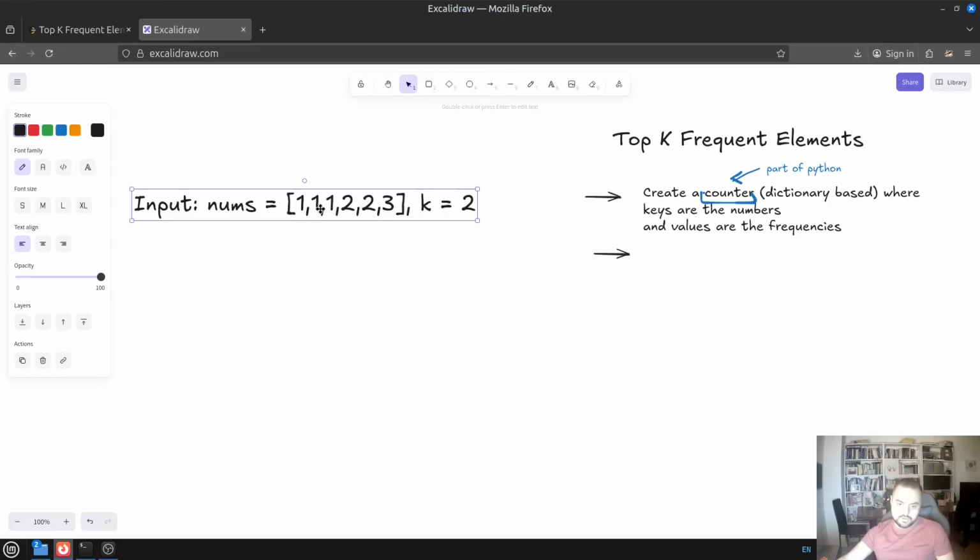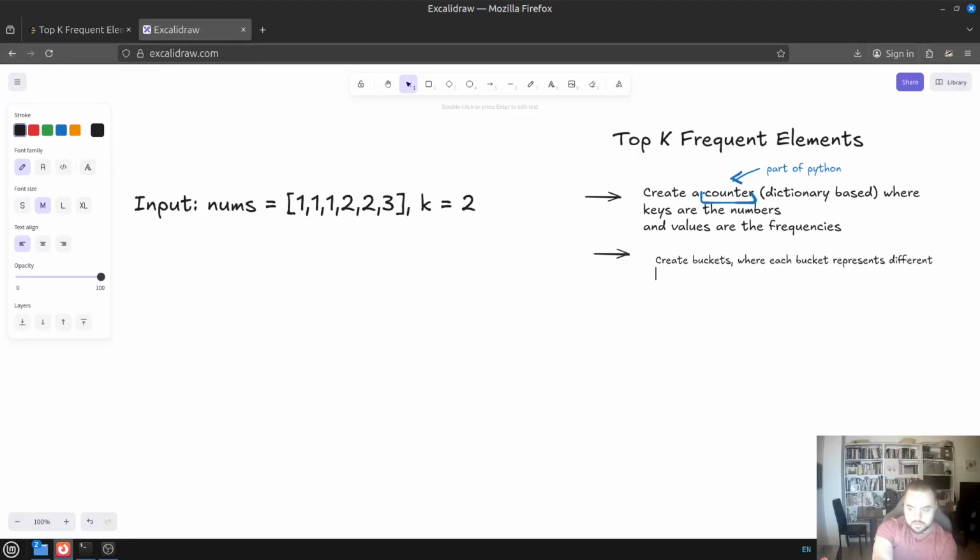Each of the numbers has a different frequency, but it could also be the case that, for example, two numbers have the same frequency. And so the next step will be to create buckets where each bucket represents a different frequency,